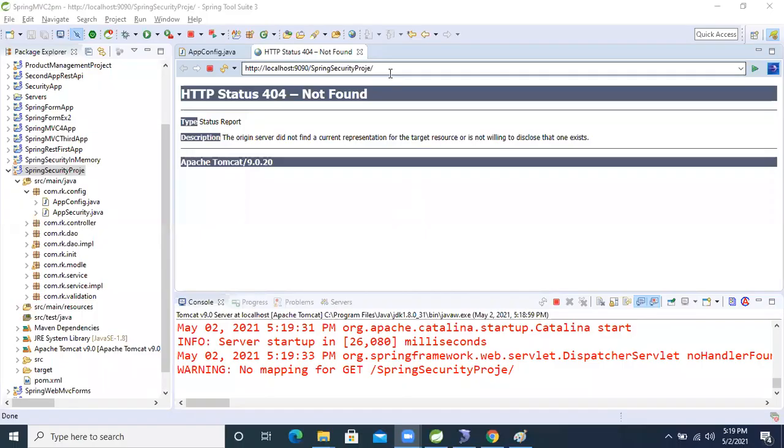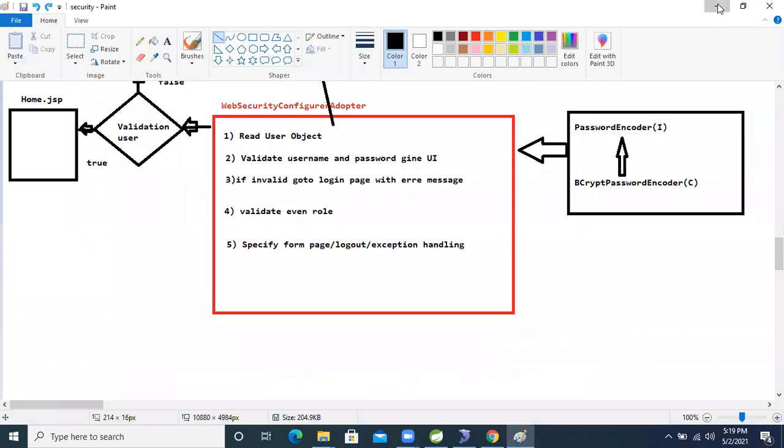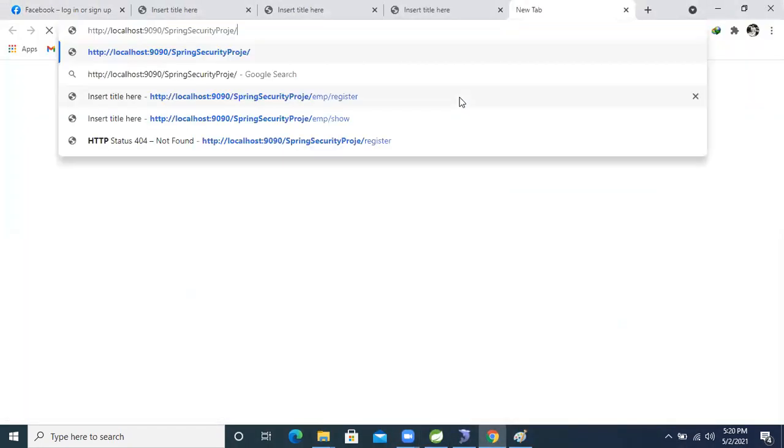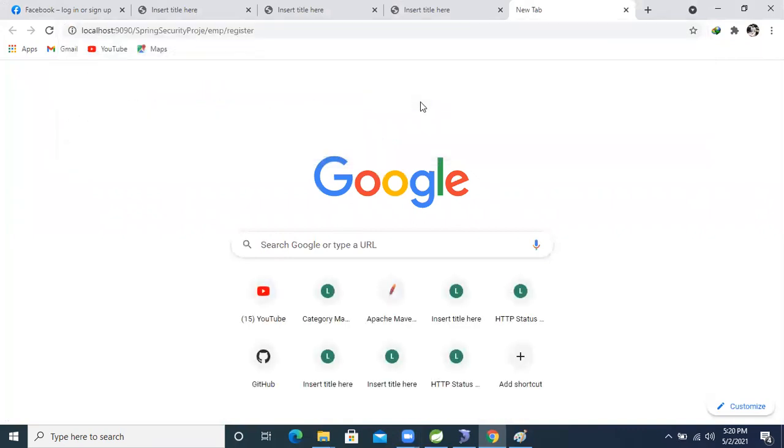Now our application is running, guys. Copy this one and come to the browser, and paste it. Now employee register.